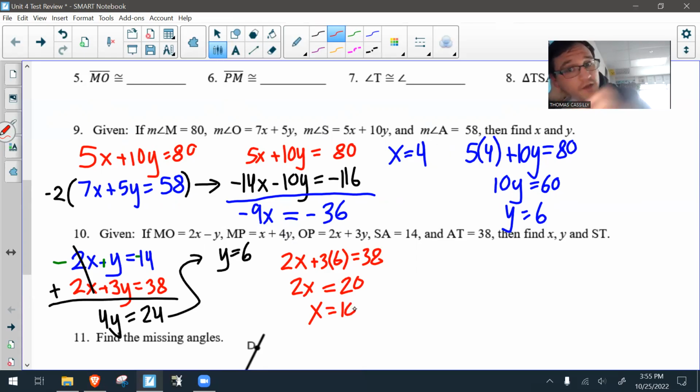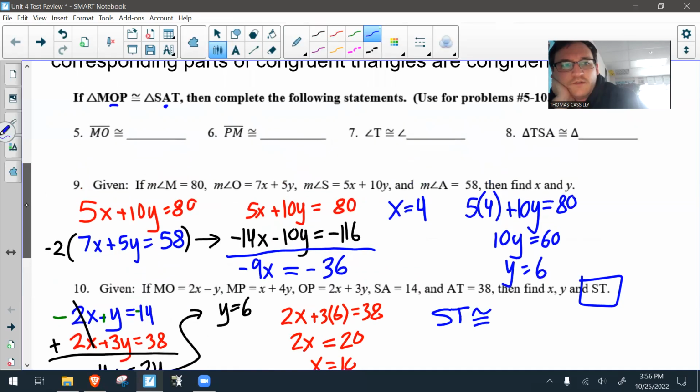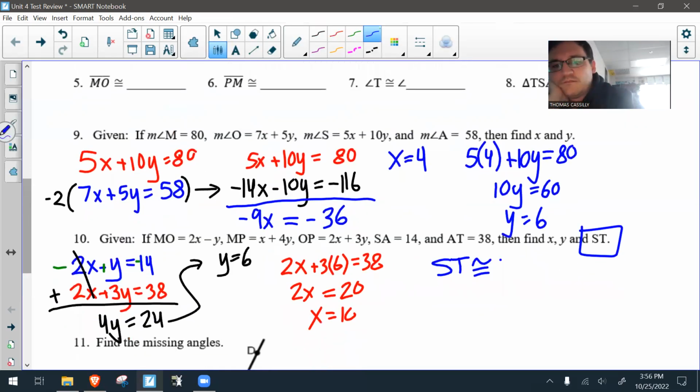Now, we are not done because they want us to find ST, right? We did the hard part, okay? So we know ST must be congruent to, what should ST be congruent to? MP. ST has to be congruent to MP, right? So we know MP